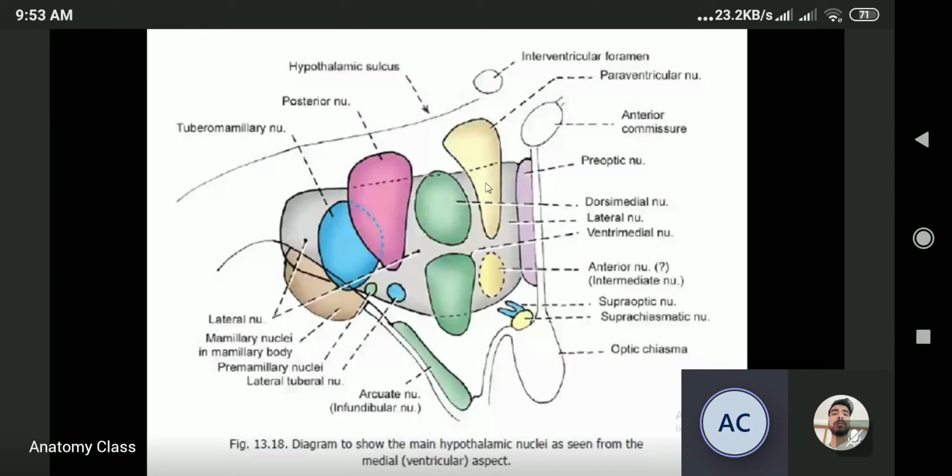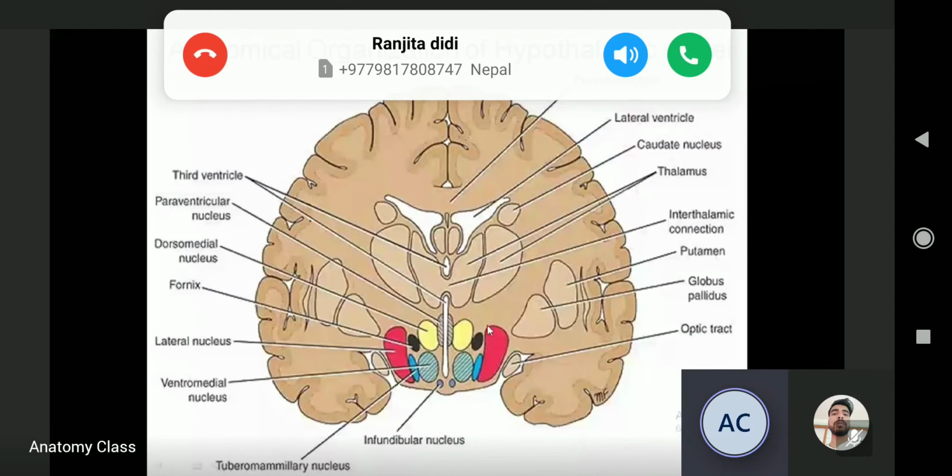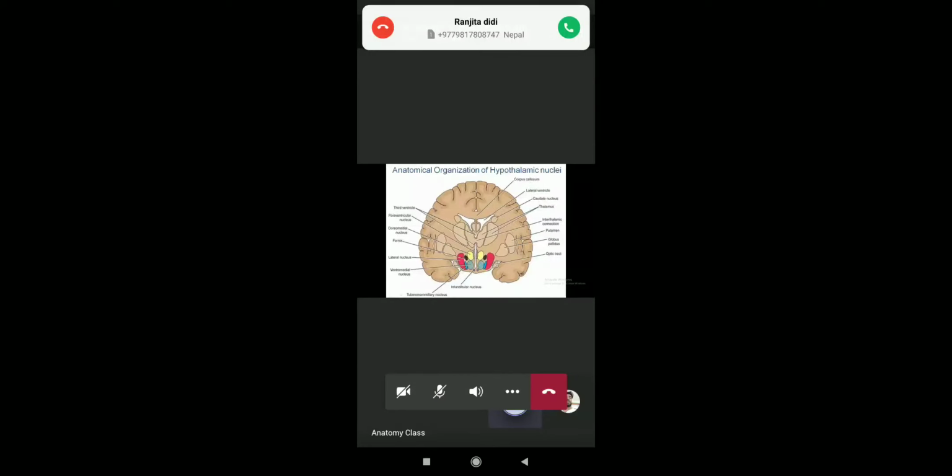This is again to look at the anatomical organization of the hypothalamic nuclei. This is the third ventricle, and just lateral to the third ventricle is the hypothalamic area. The fornix and the mammillothalamic tract classify the hypothalamus into a medial area and a lateral area. The medial area consists of a number of nuclei, which include preoptic, paraventricular,